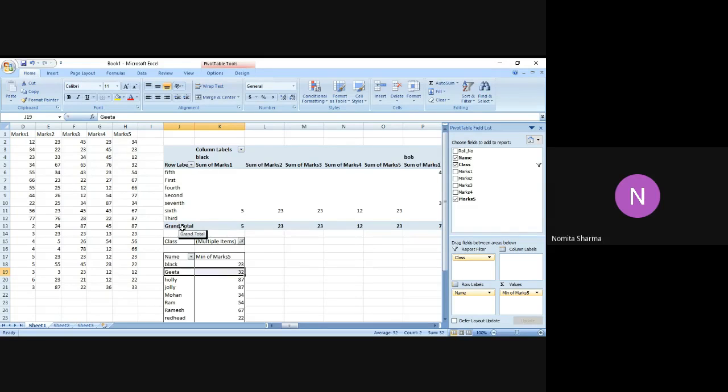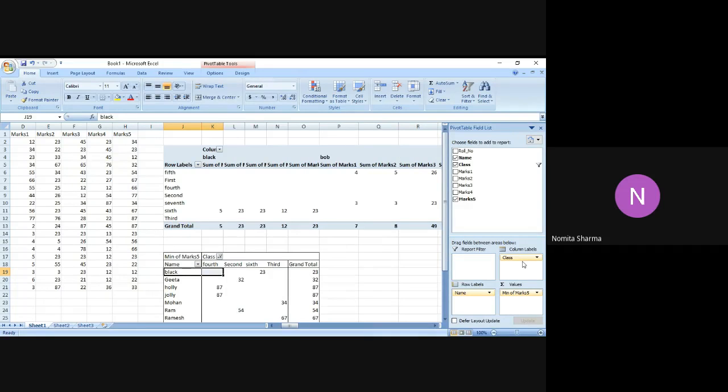But in this case, you can't remember whether Black and Geeta or Holy and Jolly were in which class. So that becomes very confusing. So I will prefer to have this in the column section, which can actually tell me all the names, all the people who are there, in either the 4th, 2nd, 6th, or 3rd class.